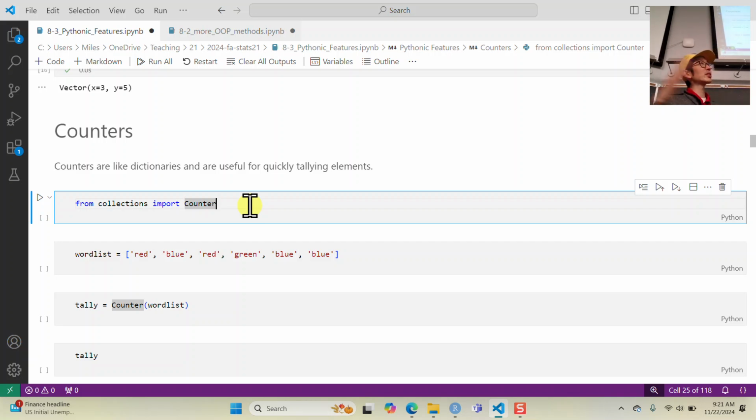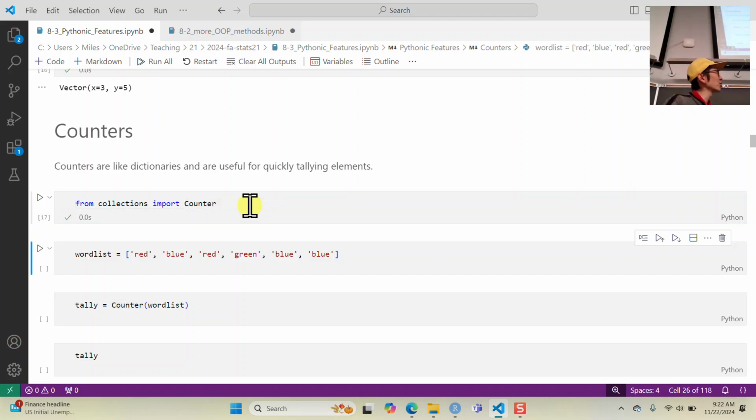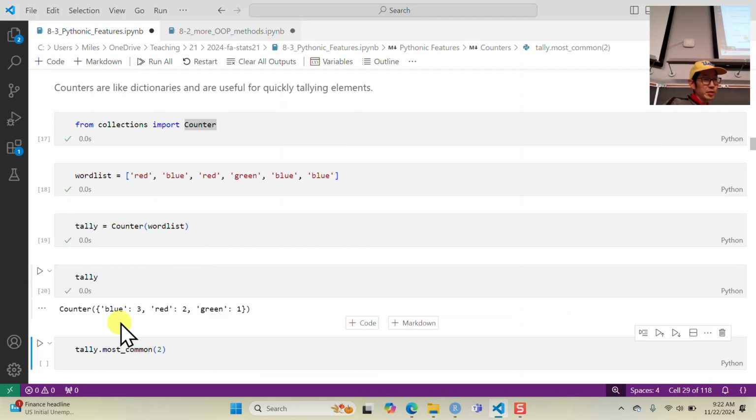Or if you have a big text document, you could split the text document on the spaces, and that will return a list, and then you can call counter on the list here. So here I've got a list of strings: red, green, blue. And I want to get a count of how many times each of these appears. So I just call Counter, capital C, on the word list, and it returns back